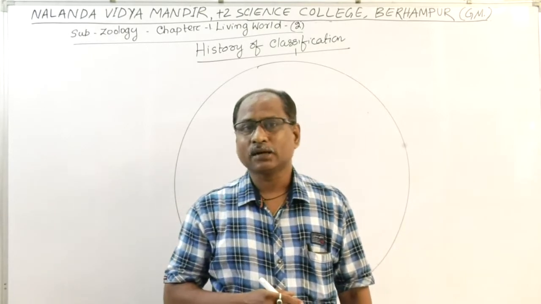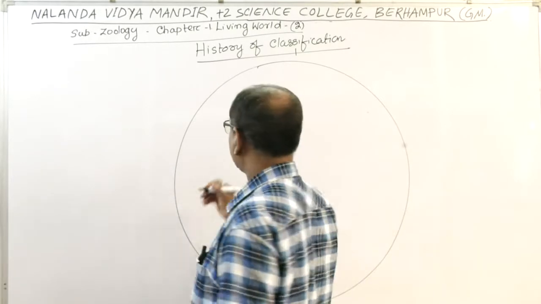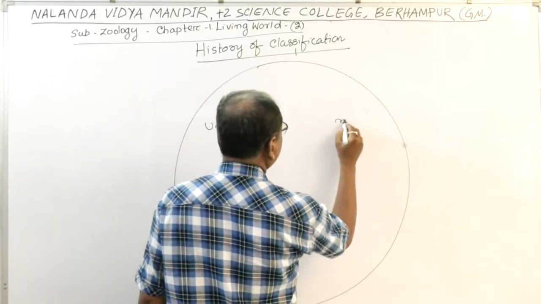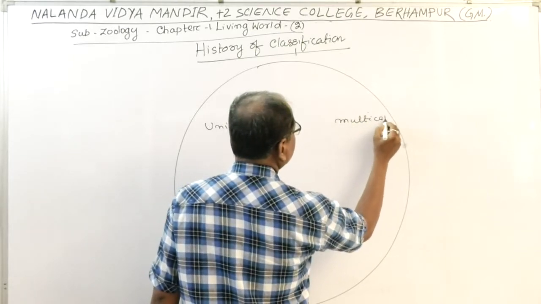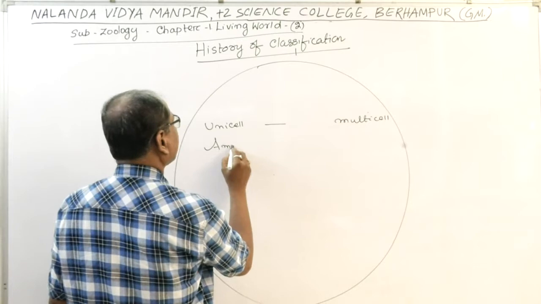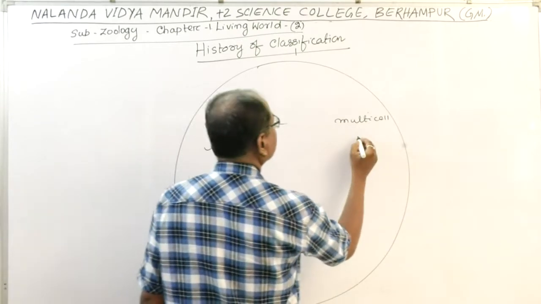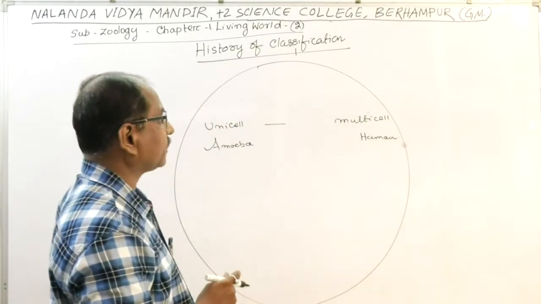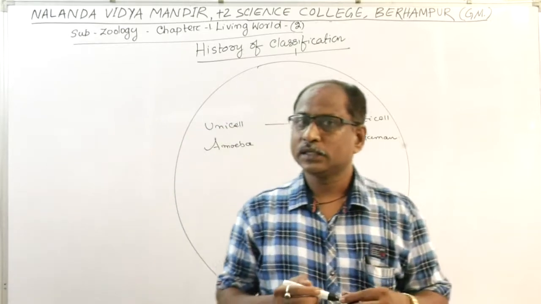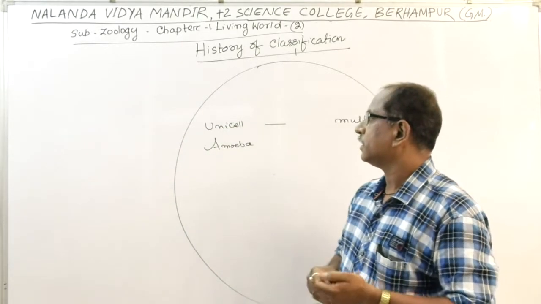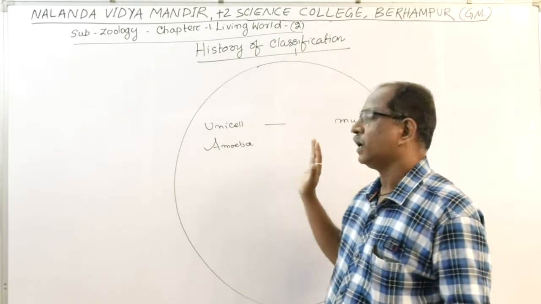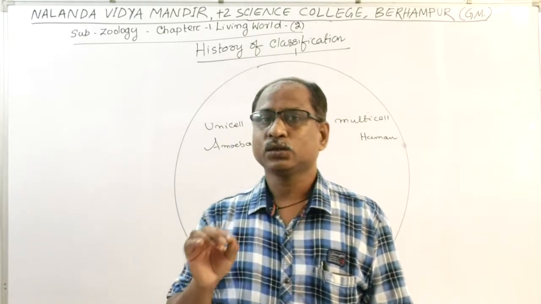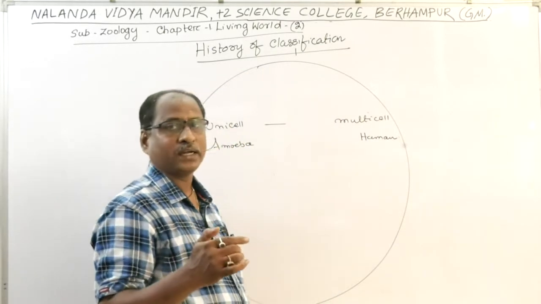Millions of species are present, from unicellular organism to multicellular, that means from amoeba to human being. In the living world, there are millions of species of animals, and to identify, to know about a